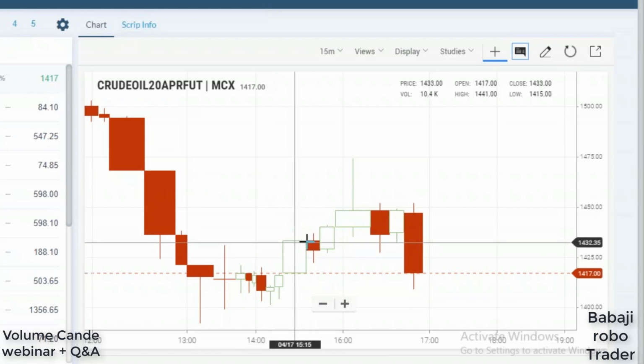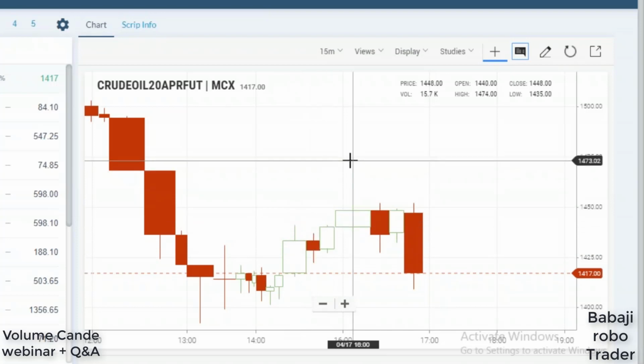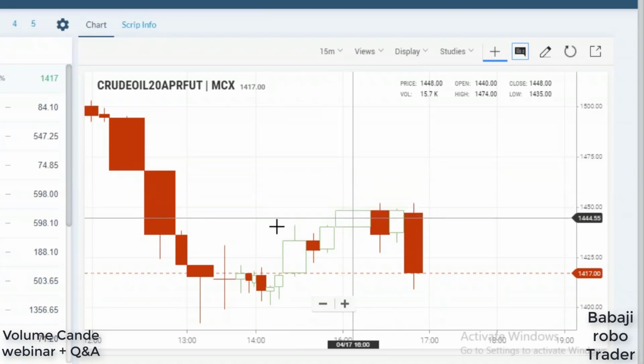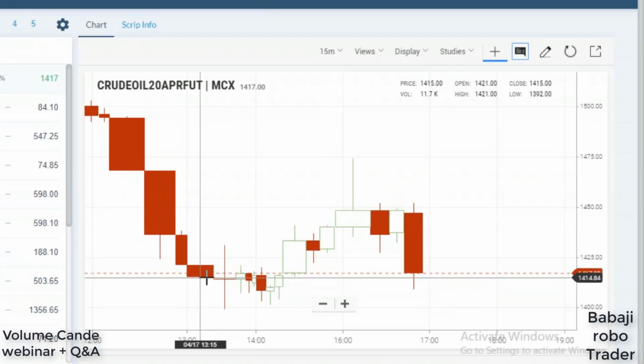So here you can see this is one bigger candle. This is a bullish one. When the high is broken, we go for the long. Here we are thinking only from the volume perspective. With this we are adding the pin bar also. So the pin bar with the volume is a 100% confirmed candle. It will be either an opposite direction, or a trend confirmation in the same direction.